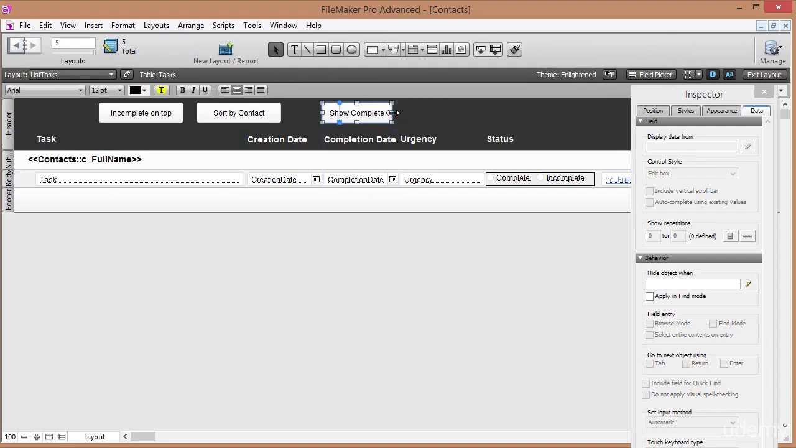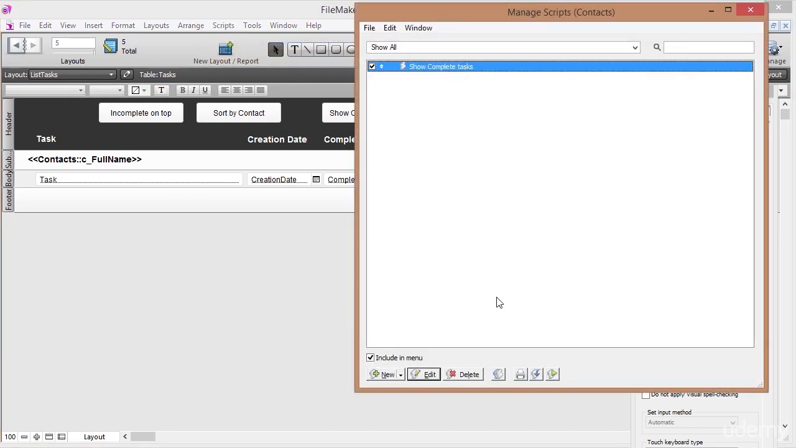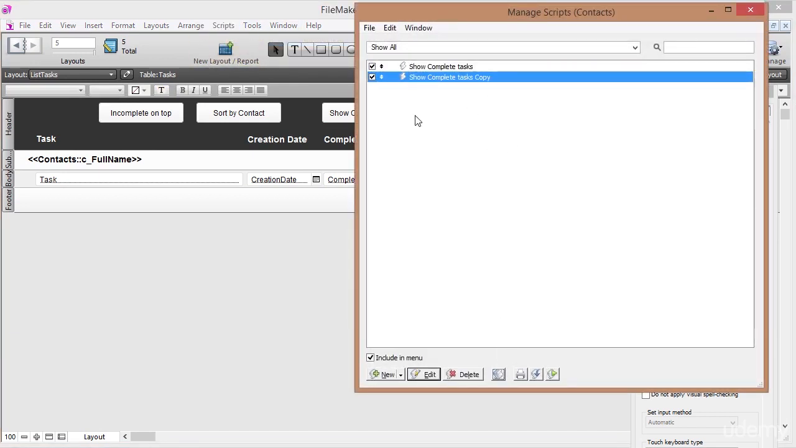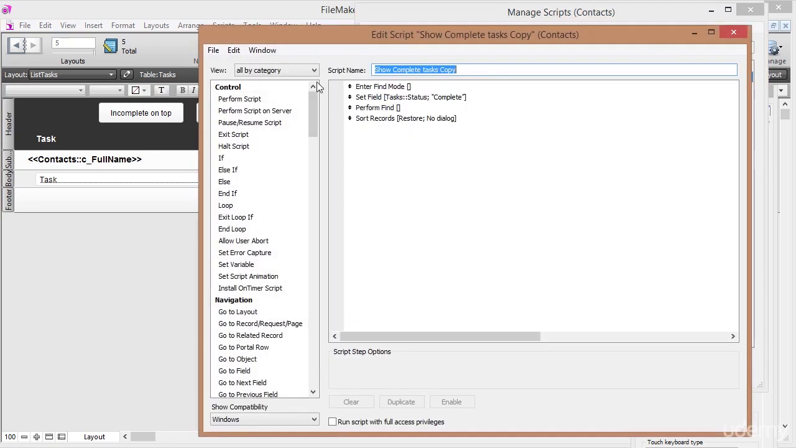So let's control drag this one over here. Let's use our text tool to show incomplete. It's just big enough. Now I'm going to want this to run another script. I'm going to go back to scripts, Manage Scripts, and I can actually duplicate this script because this script is going to be almost exactly the same, except this is going to be Show Incomplete